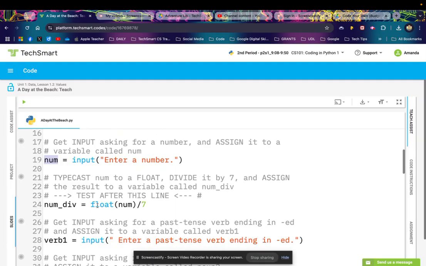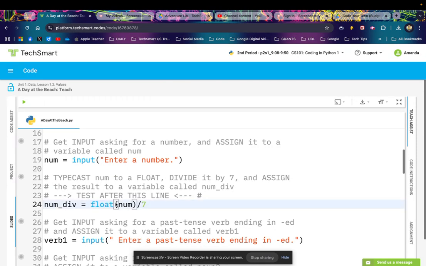And we can't do math with strings. So in order to be able to do math, we have to either turn it into a float, which is a math type with a decimal point, positive or negative, or an integer. And an integer is a whole number, positive or negative. So we actually want to do something with it mathematically. So we turn it into float,